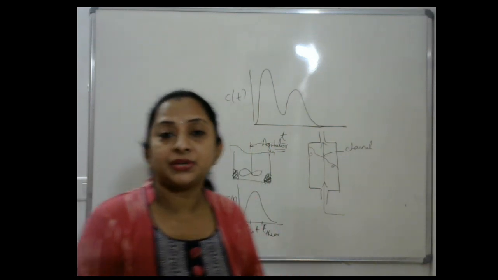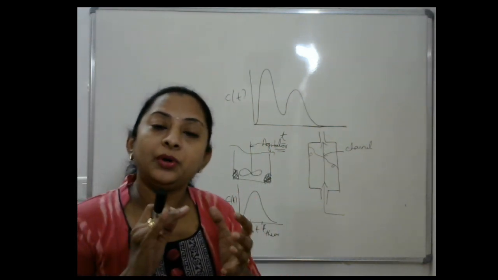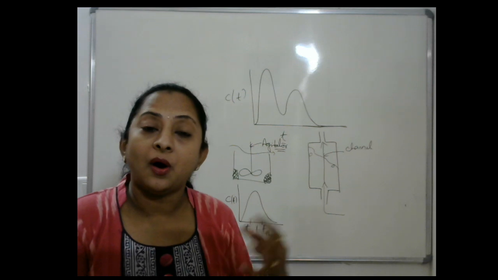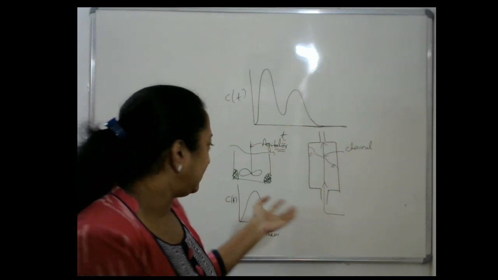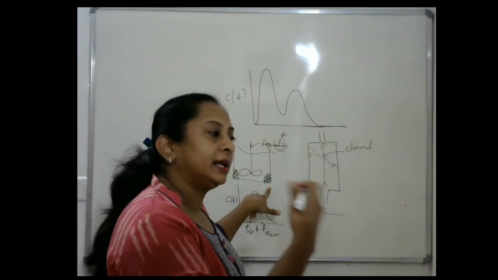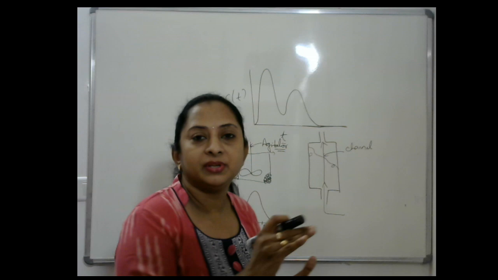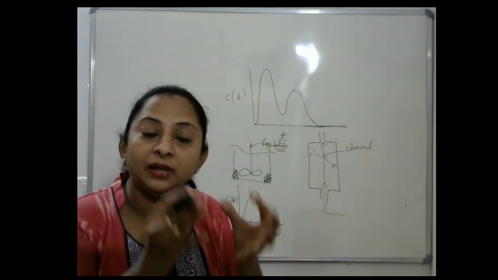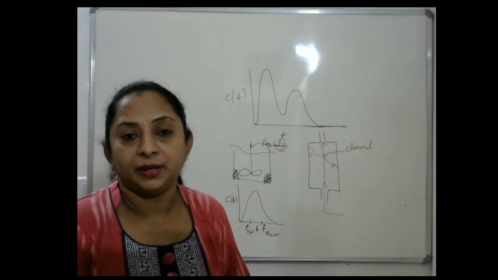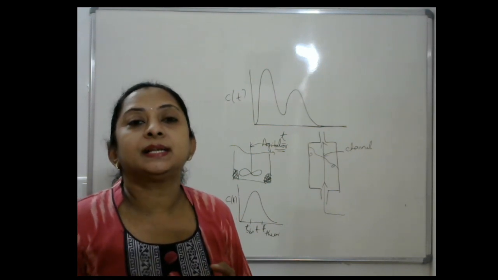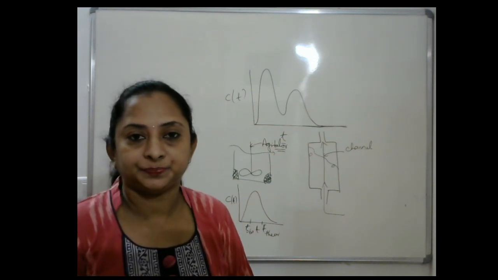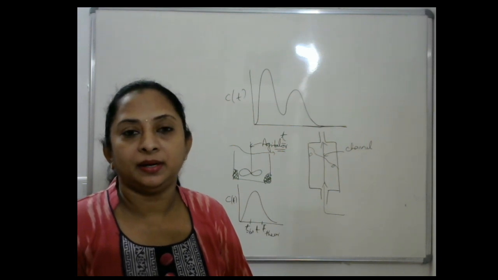But the next question is, how do you quantify how much non-ideality is present in the reactor? Suppose I say 10 liters should have been processed, but only 5 are getting processed. How do I quantify that? Or how do I find out the extent of non-ideality? To find out this extent of non-ideality, models are being developed.